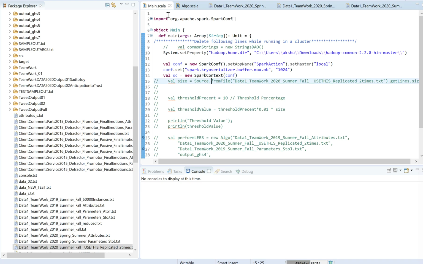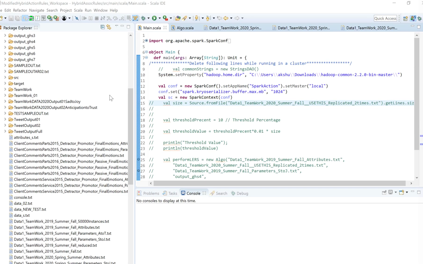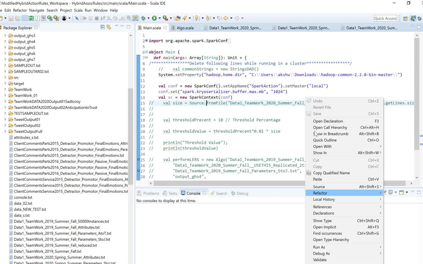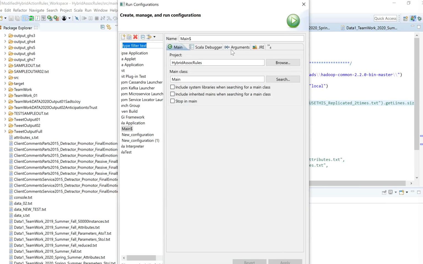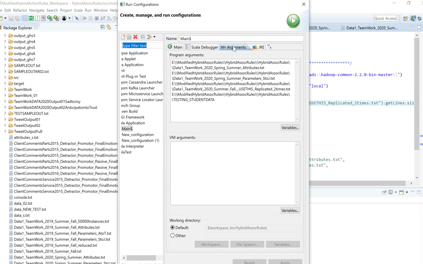So here we have the main.scala. In this, when I right click and give the run as and run configuration, you should see these arguments, and here this shows the location of each of the arguments that need to be passed.